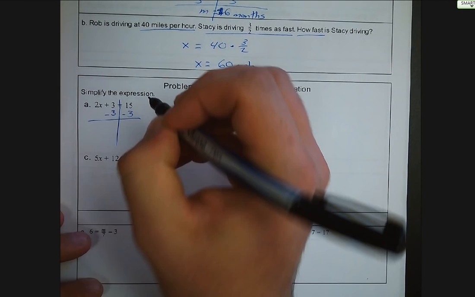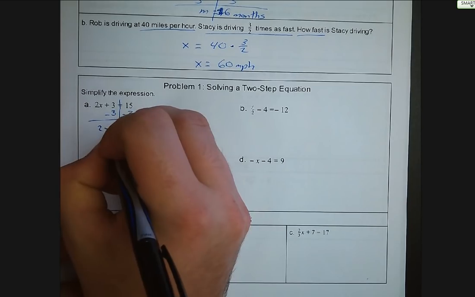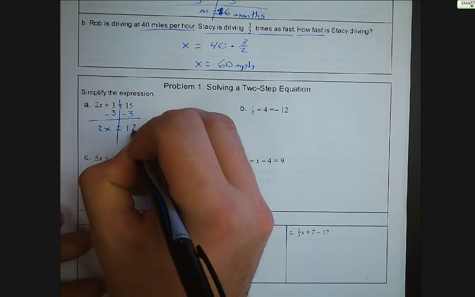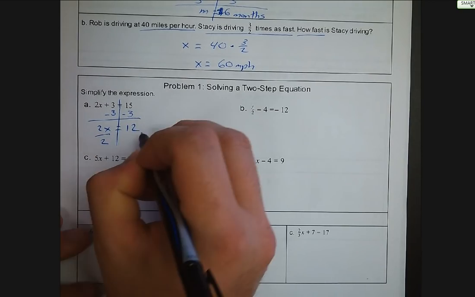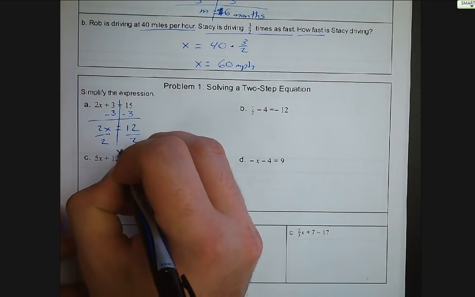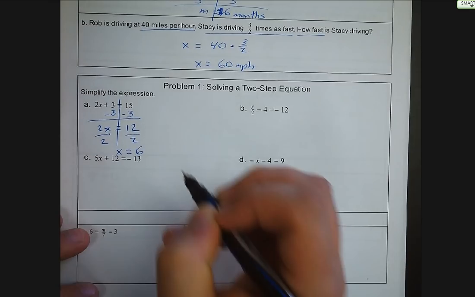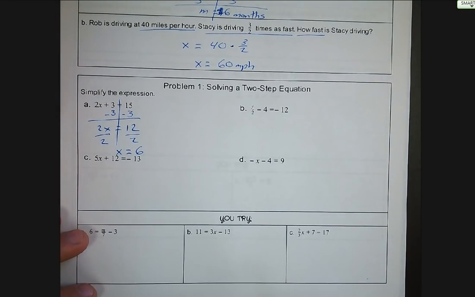Do that to both sides of the equation, and you get 2x is equal to 12. Divide both sides by 2, and you get x is equal to 6. So if you want a trick for remembering which way or what to do first with two-step equations, when we